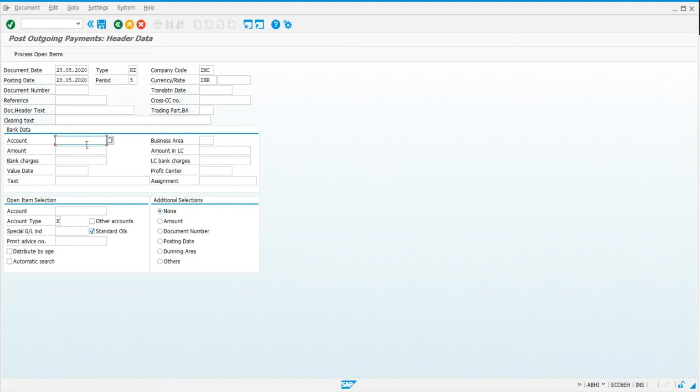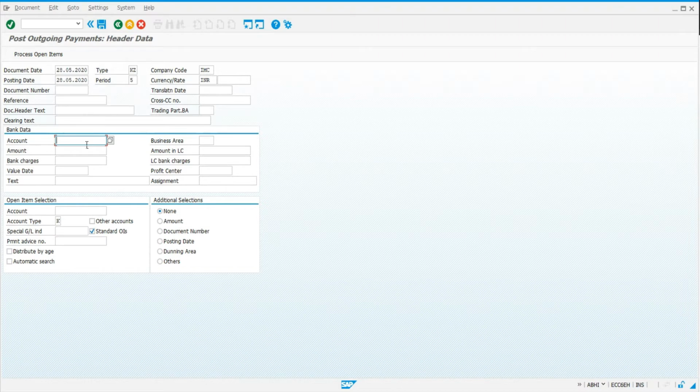Now we have to select the bank account. Friends, the bank account here is a ledger account from which you want to issue payment, and that is called the general ledger. And this general ledger account is further linked with a bank account, which is an accounting part. If you want to learn details about this bank account and general ledger account, you can refer to the accounting session, which we are going to post in a different video series.